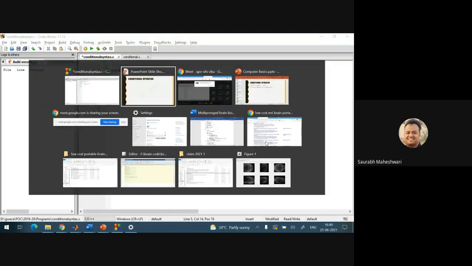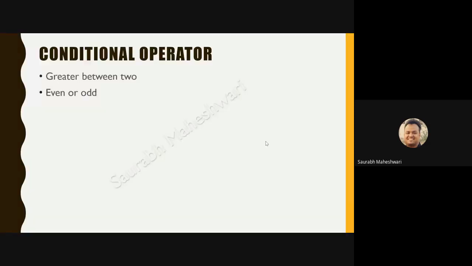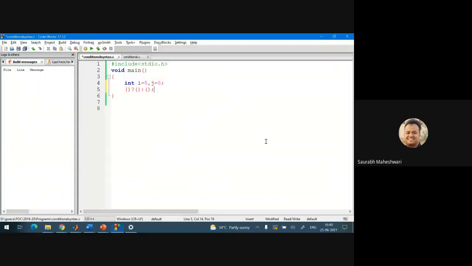Now let us see which program we are going to make. Let us find the greater of two numbers with the help of this conditional operator. Suppose we have two numbers i and j, and we have to find the greater between the two. Do you remember we made this program with if else also?